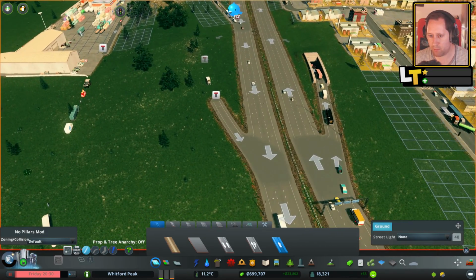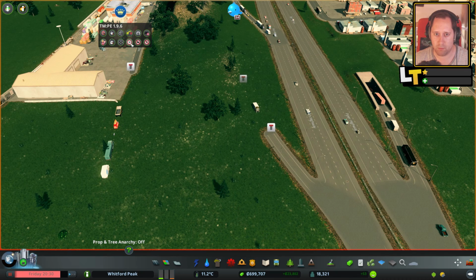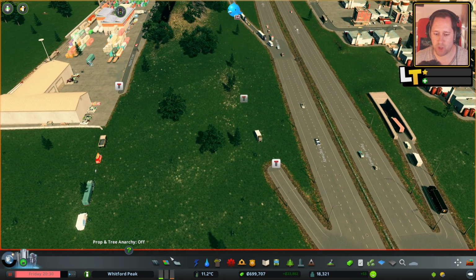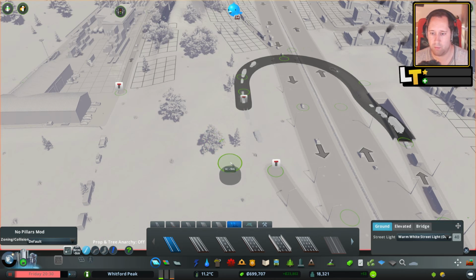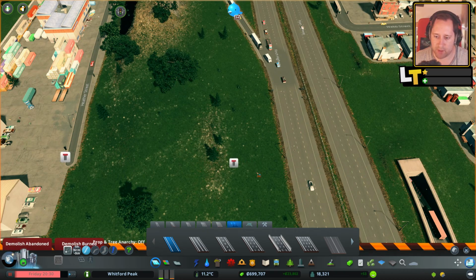Is that... Maybe that's not a lane, maybe that is a highway off-ramp. What speed are they at? That's strange. Maybe it was just looking faster than I thought it was. I don't know. Okay, so let's go underground. Yeah, maybe I was wrong. Maybe that was a highway off ramp. Right. So basically, this needs to...